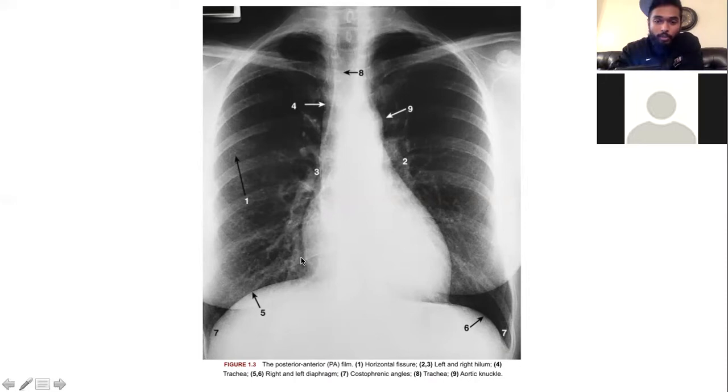Coming up here, this entire right border consists of the right atrium. The entire right border is made of the right atrium because the right ventricle forms the anterior portion of the heart. And then as you go up, the part where it strains up, that's going to be, guess what, Kenny? What do you think that part is going to be? IVC or SVC, one of those. SVC. Sorry, yeah, you're right. SVC. So everything from the diaphragm up to the hilum is going to be right atrium. Hilum and up is going to be SVC. And